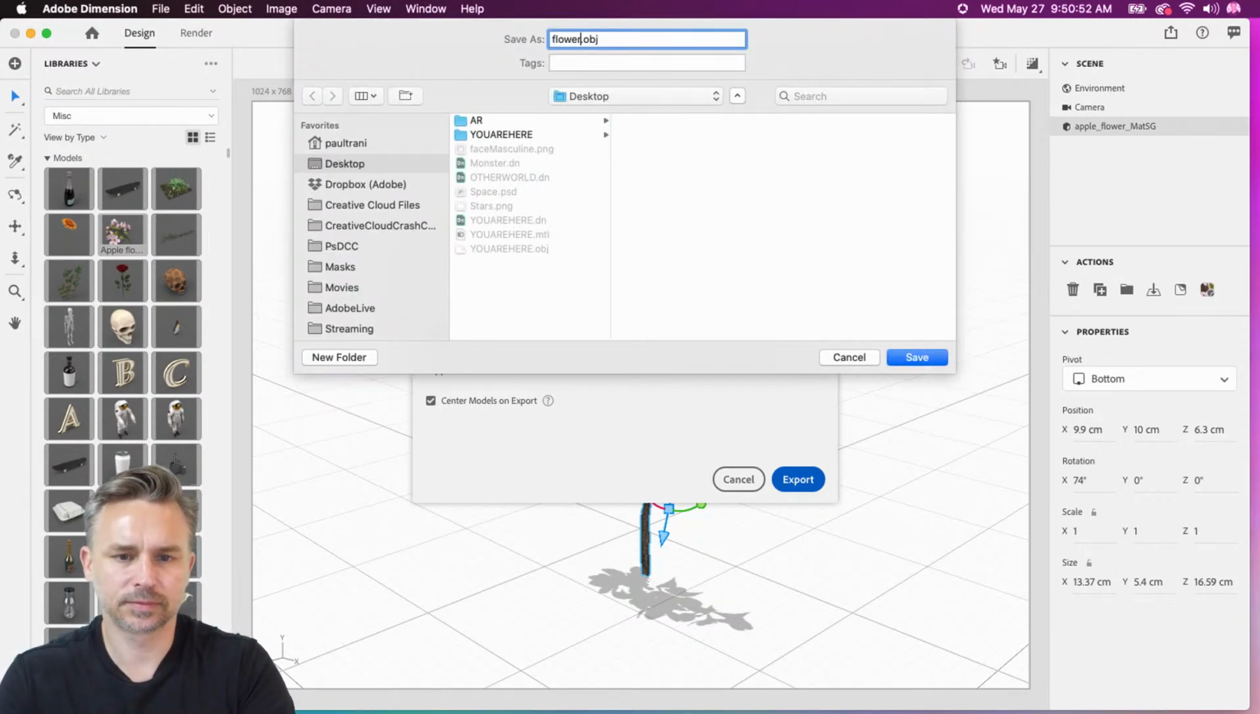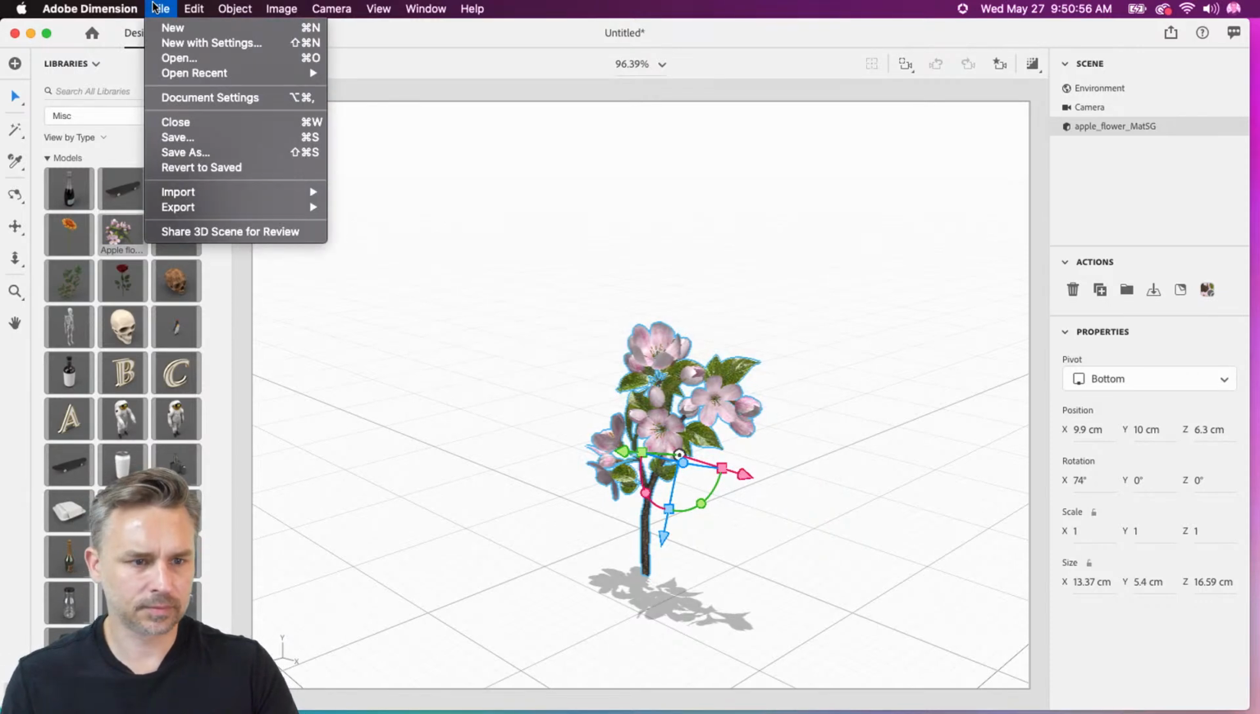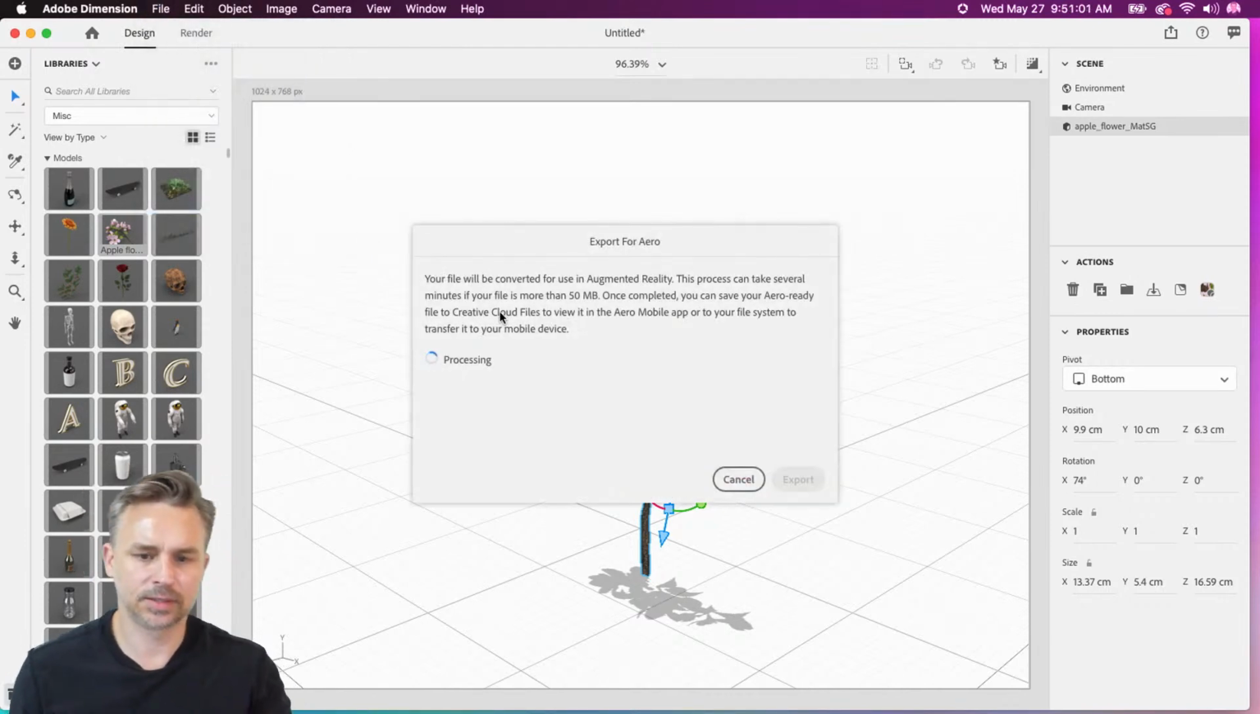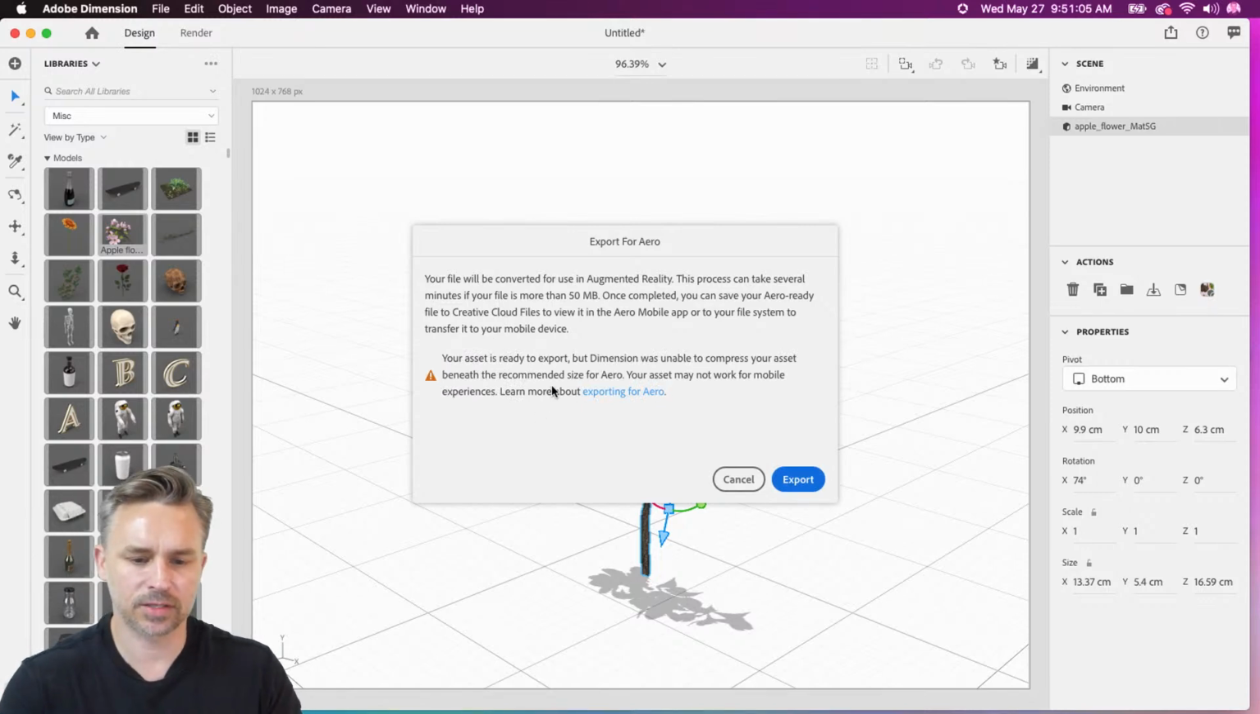Flowers. We'll do one more. Exporting this out for Aero. These flowers are pretty complex. I did not check it. Oh yeah, so